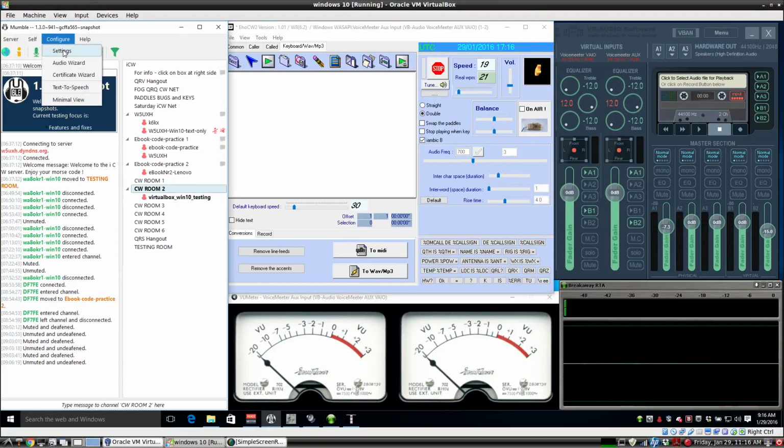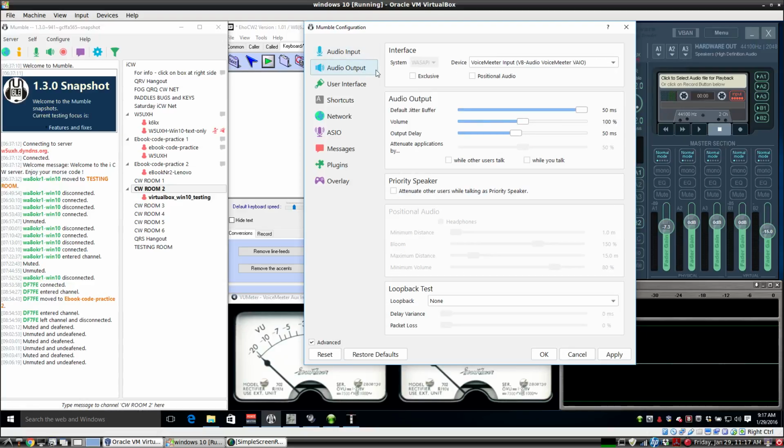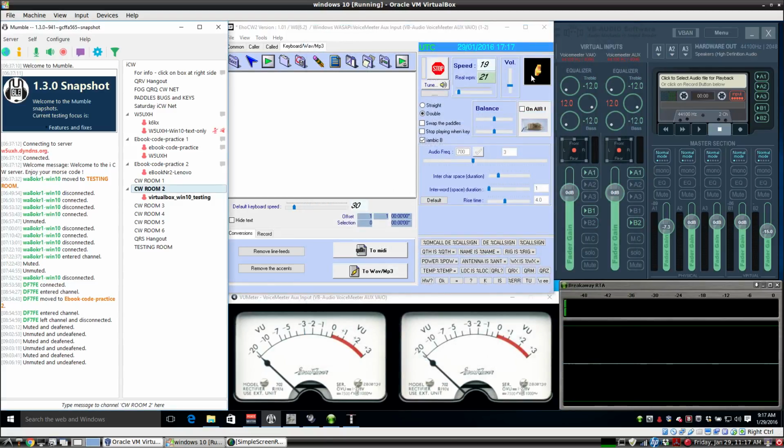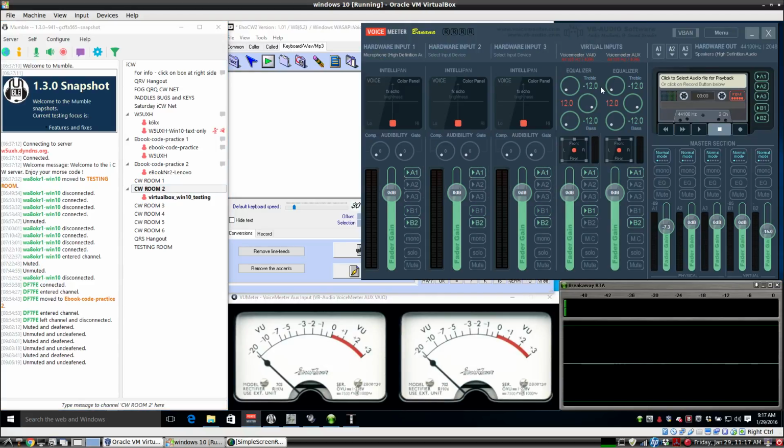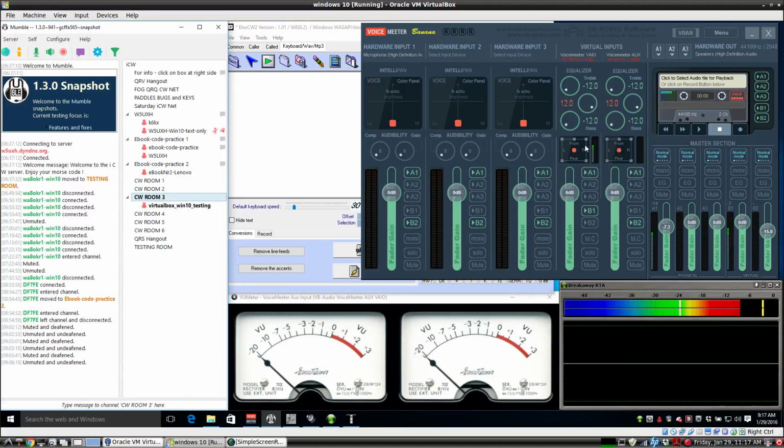Just to review that one more time, VoiceMeeter aux is the input for Mumble, the device. The output of Mumble is a different sound card, the VoiceMeeter VAIO. That keeps the two channels, the input and the output, from feeding back on each other. Over here on the screen of VoiceMeeter, the VAIO is right here, and this comes in and the transmit goes out this aux channel, just like you see right there,